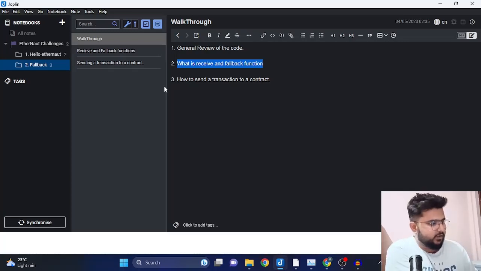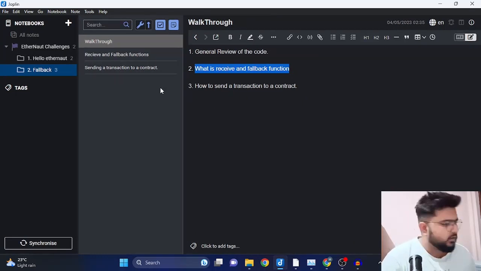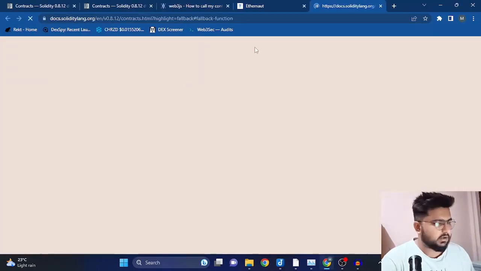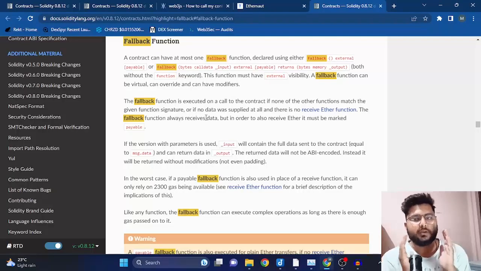Just let me zoom it out for you. It's too much. Okay, so here it is. What is fallback function? I have made this small. I've taken it from the internet, obviously, but there is this link, and when I open this particular link, it'll take me to the Solidity documentation. So let me just tell you, in layman's language,